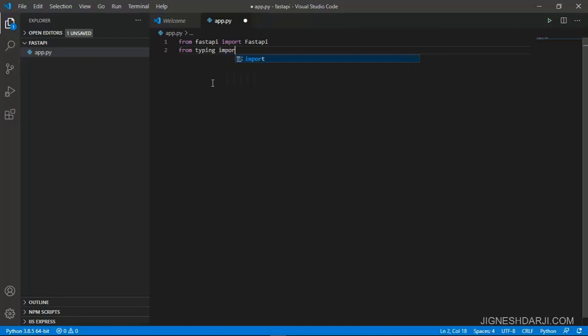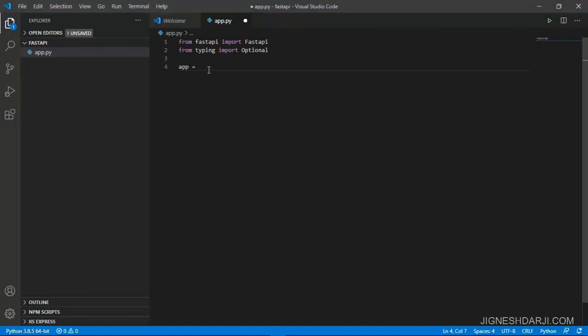So I first import FastAPI from the fastapi module, and then I import Optional from typing, and then after that we need to create the object for FastAPI. So I use app as an object, and specify FastAPI over there.